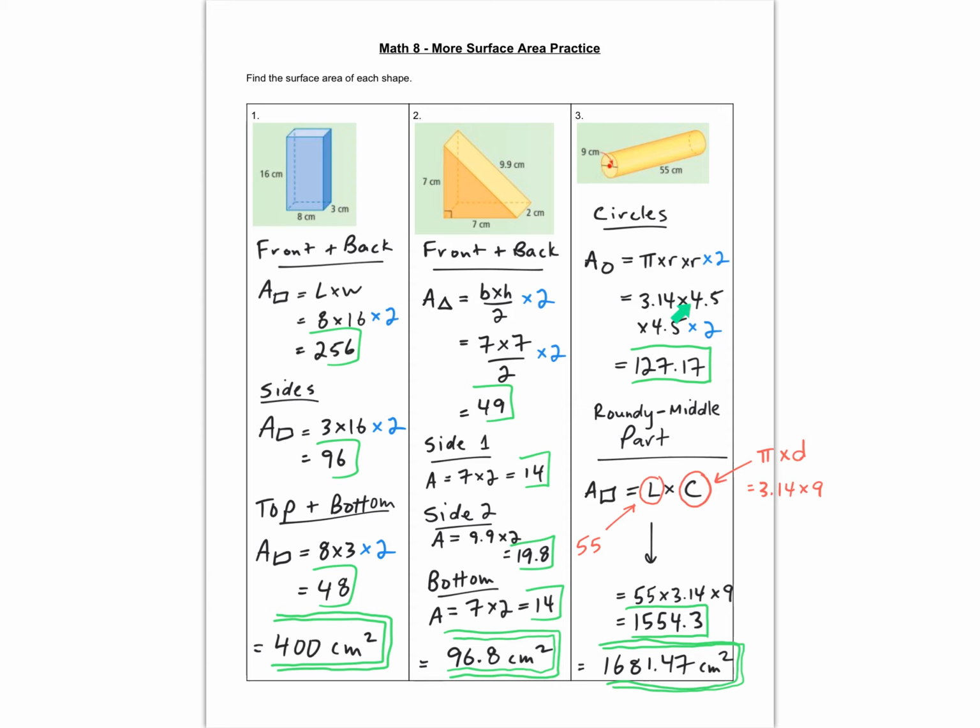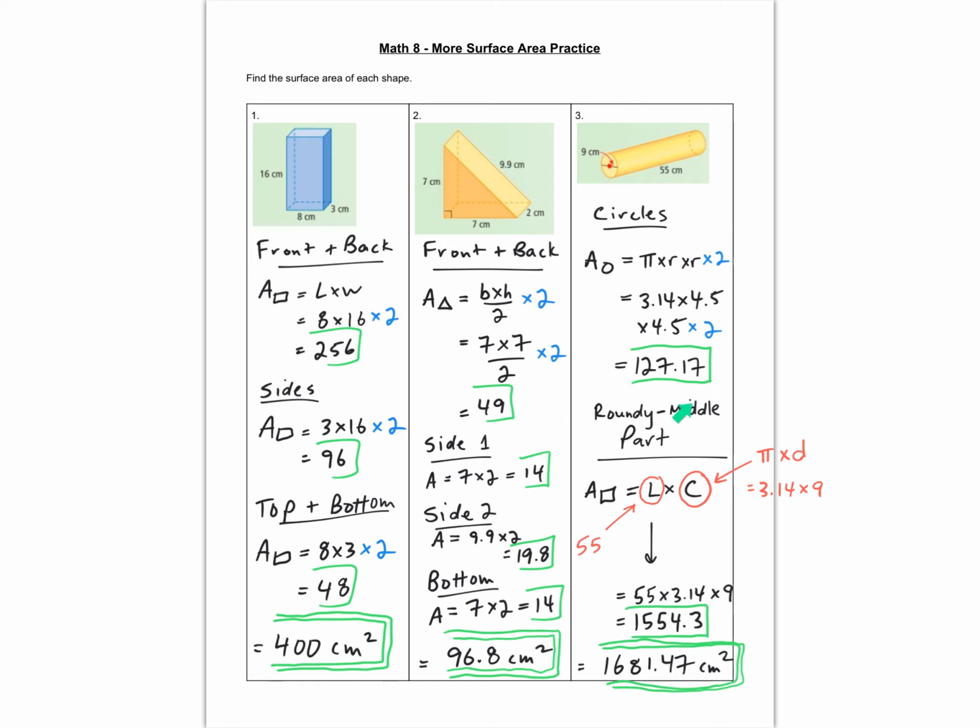So 3.14 times 4.5 times 4.5 times 2 is 127.17. Now really quick here, this 4.5, where did I get that? Well, this diagram is showing that this line across is a chord that goes across the circle from one edge to the other, passing through the center. That's called the diameter. So I only want half of it for this formula. So half of 9 is 4.5. Okay, so 3.14 times 4.5 times 4.5 times 2 to include the front and the back, I have 127.17 centimeters